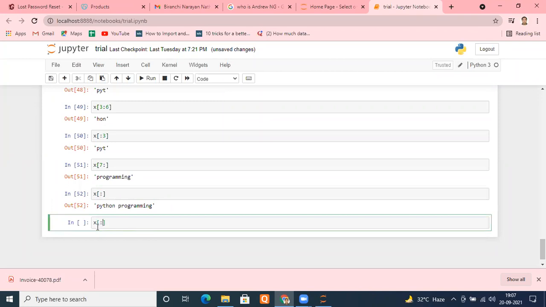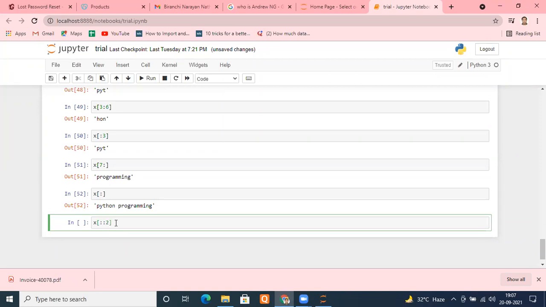So remember, start index, colon, end index, colon. After the second colon, we put our step size.